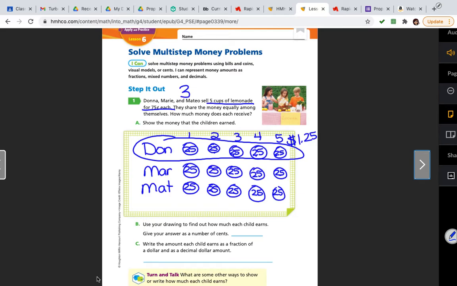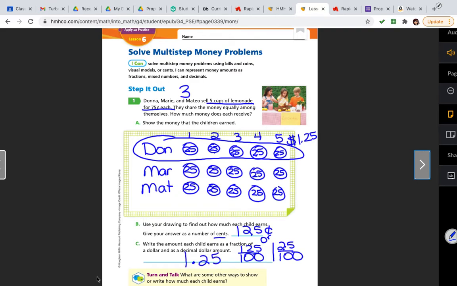So use a drawing to find out how much each child earns. Give your answer in number of cents. So it's written as $1.25. If we think of it as cents, it's 125 cents. If we had 5 quarters, that's 125 cents. Write the amount each child earns as a fraction of $1 and as a decimal of $1. So if we have 125 cents, that's 125 over 100, or we can write 1 and 25 hundredths. So that's my fraction, 125 over 100, or 1 and 25 hundredths, and the decimal would be